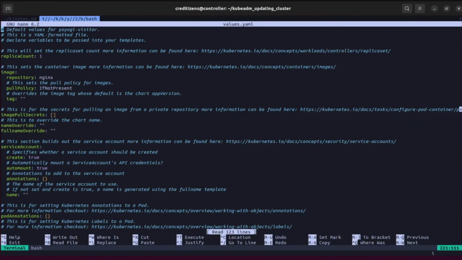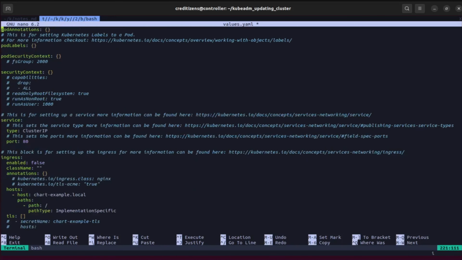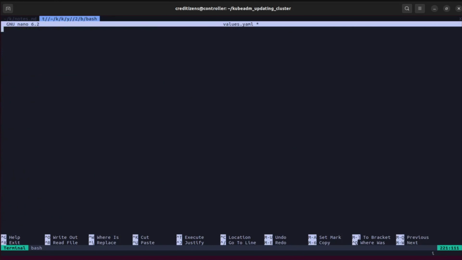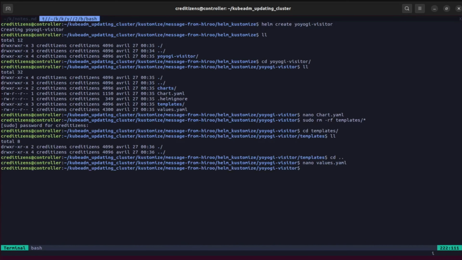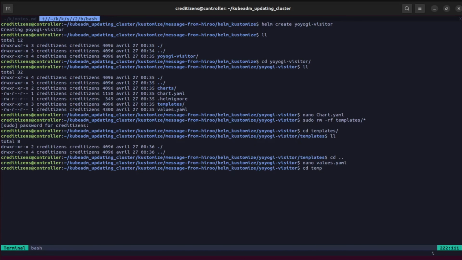So this will be the stepping up in our use of values.yaml. So we will need here to put our custom values. Our values that are going to be used in the templates. Create variabilized templates. So that's what we're going to see here in Helm. We have used in the past values.yaml. We have put our own templates. Now let's step up a bit by making those templates more dynamic so that you just need to change the values.yaml file